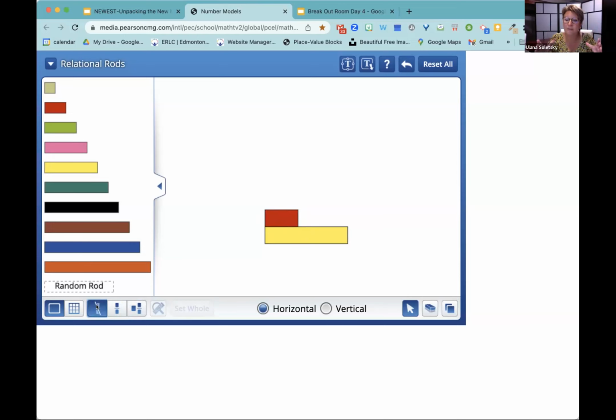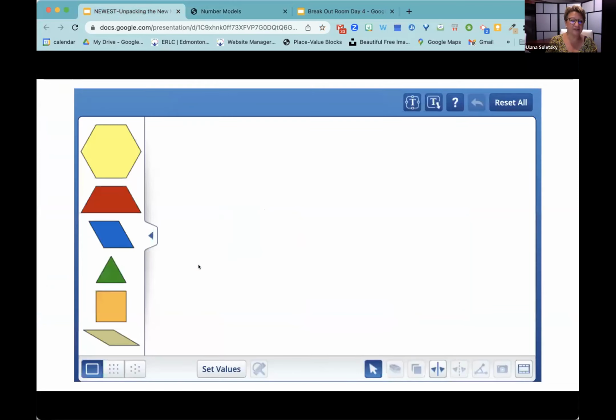I've got to tell you, if you are in the classroom with students, please use the concrete materials. I find that I've been presenting virtually since COVID started, and it's great to have all these virtual manipulatives, especially when the kids are doing homework. You don't want to send home the concrete. They're great, but you know what? Give the kids time to actually play with the manipulatives. Okay, and there's fraction strips.